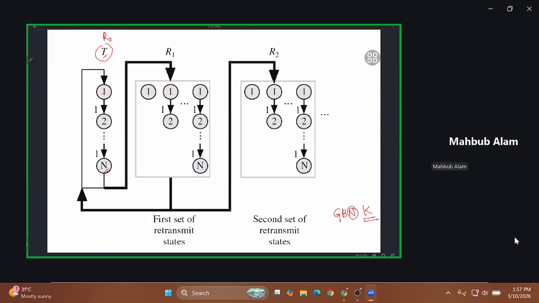If the number is K, that means all the packets up to K minus 1 have been received successfully, and the receiver is waiting for the K packet. So with this example, let's say we have 1, 2, 3. Then, let's say this n has a value 4,